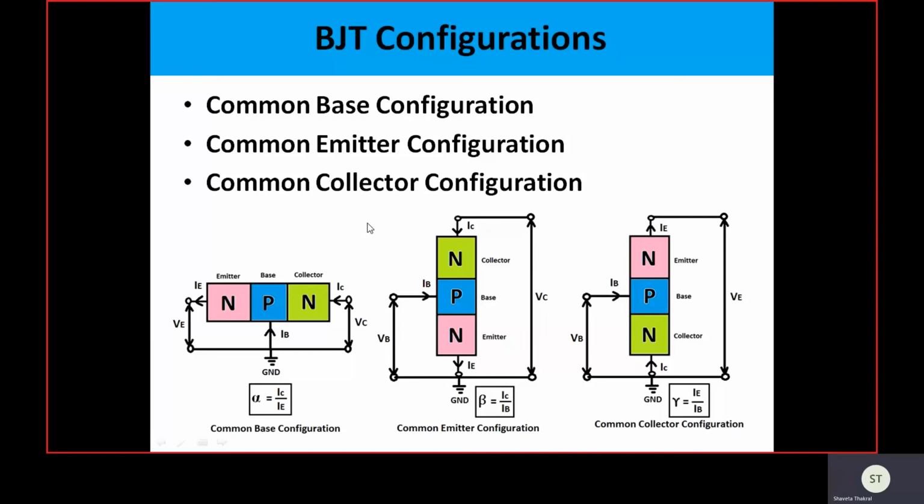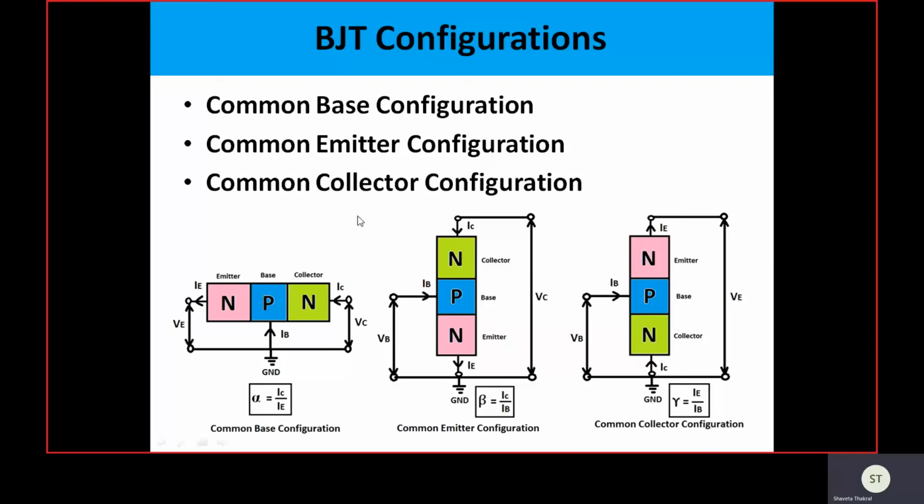But the role of a transistor is to amplify a signal. Amplification means boosting up a signal, that is making a weak signal a strong signal. For applying the weak signal we need two terminals, and to get the amplified signal we again need two terminals. So in total we need four terminals, two for providing the input signal and two for taking the amplified output signal. In the transistor there are three terminals, but we need four terminals in the amplifier.